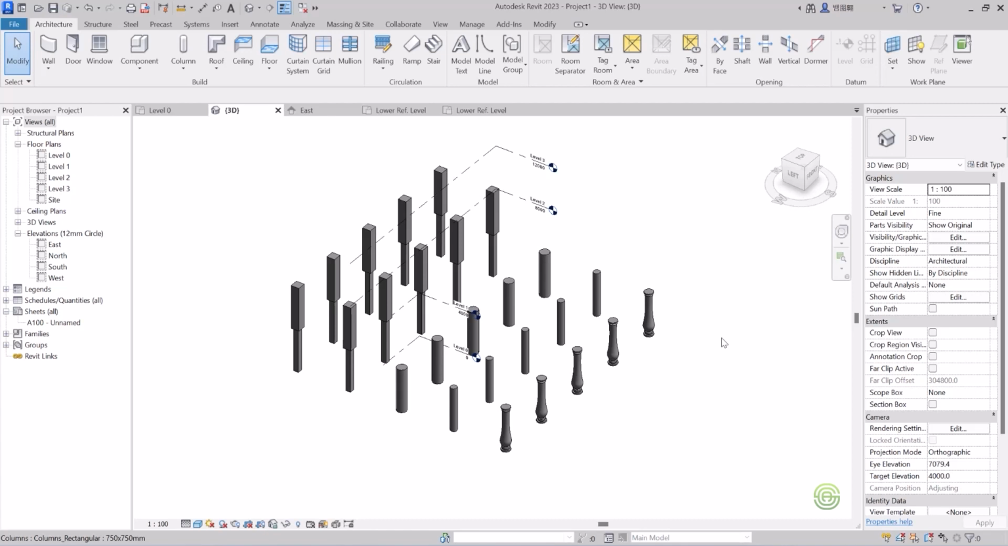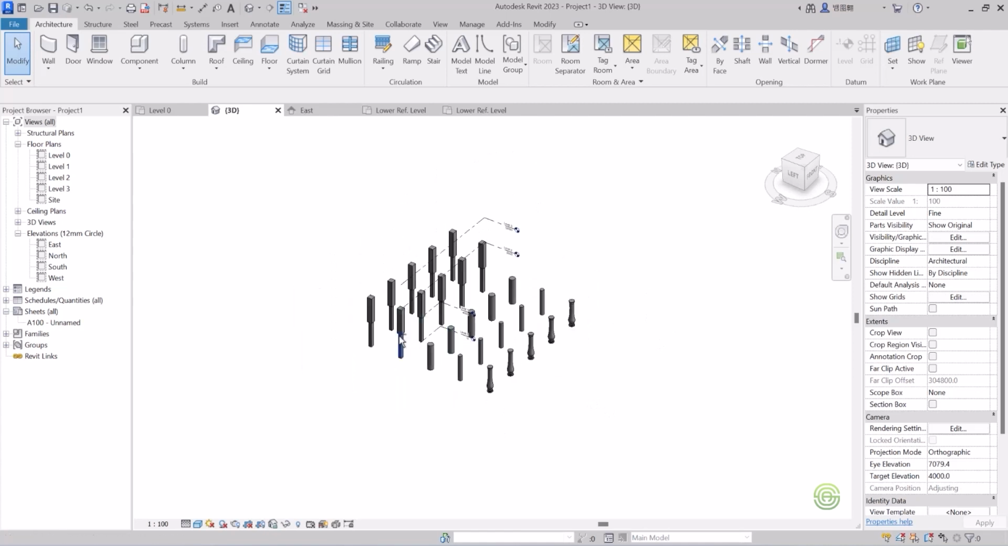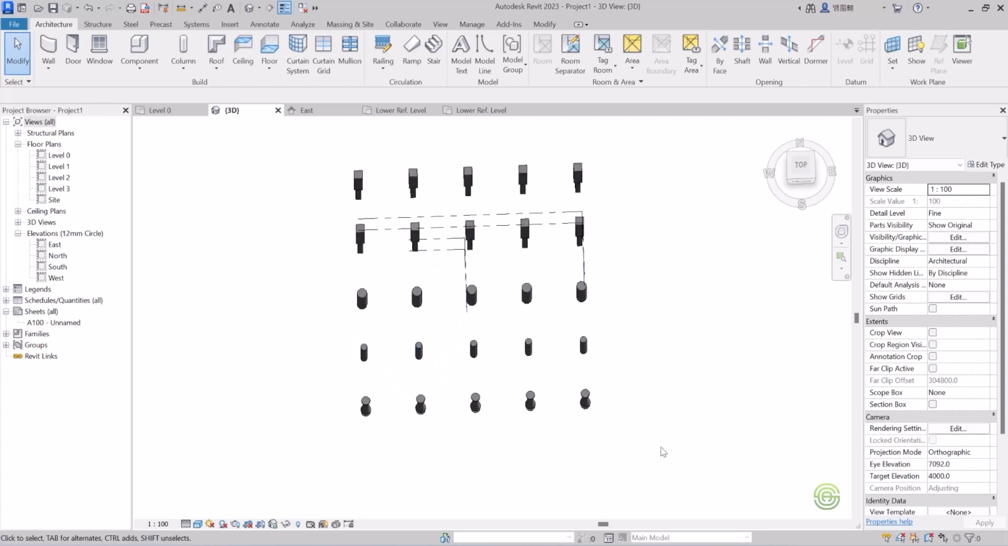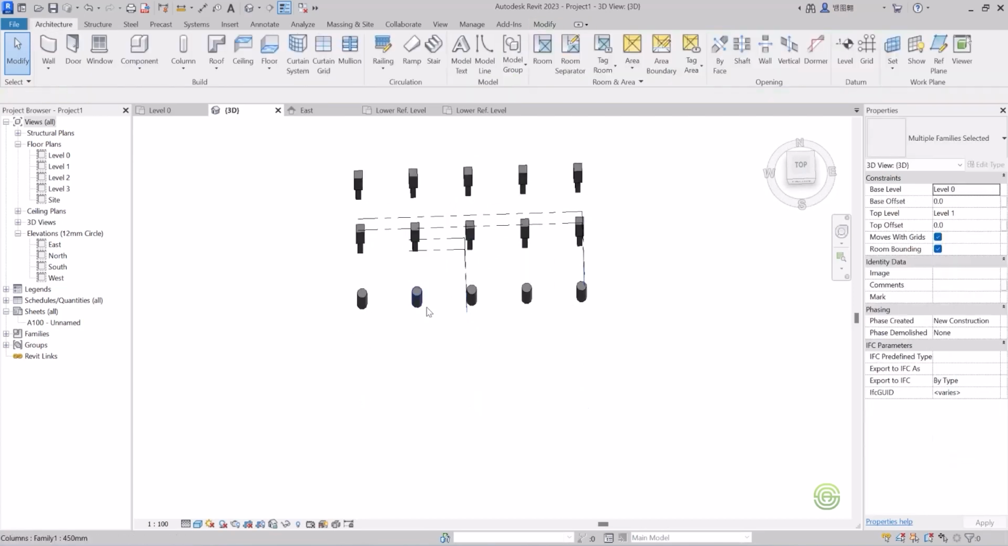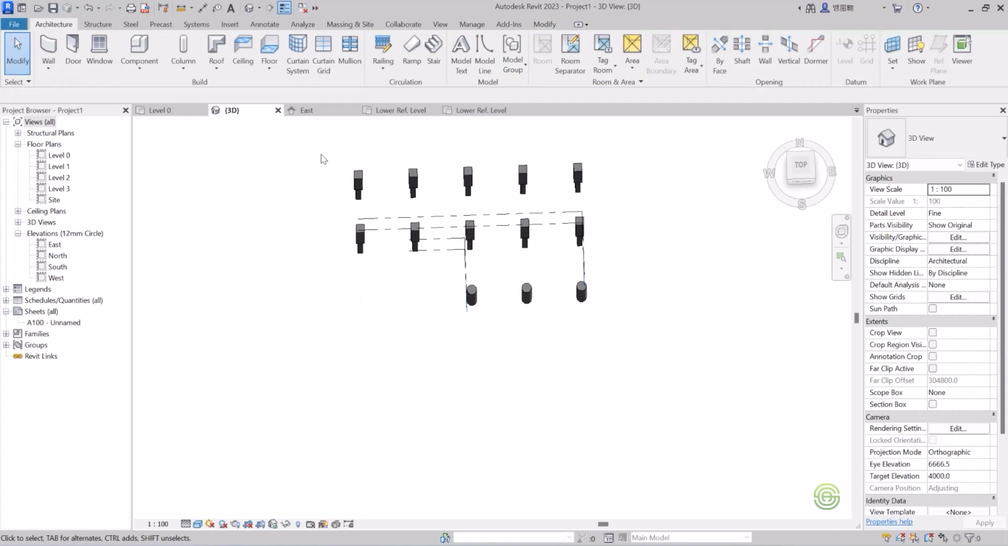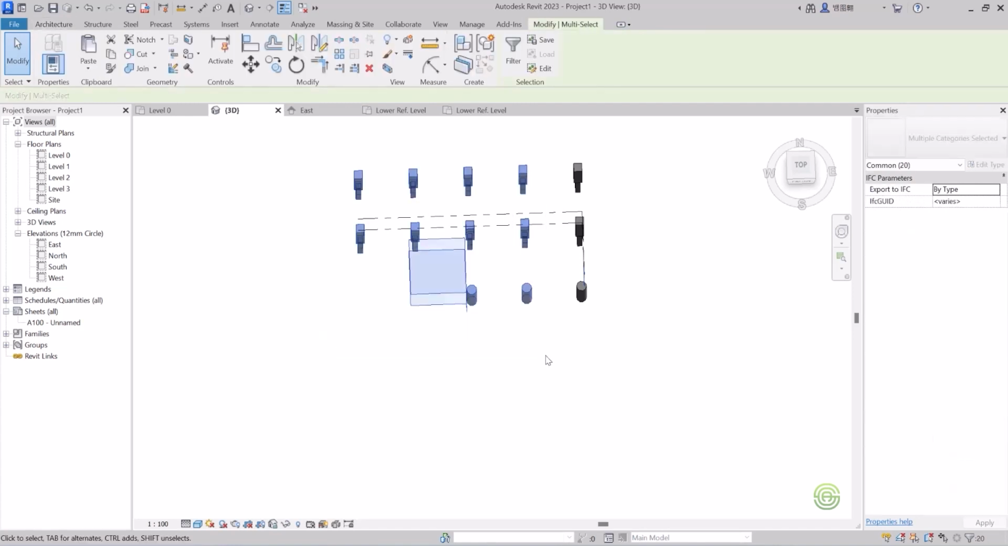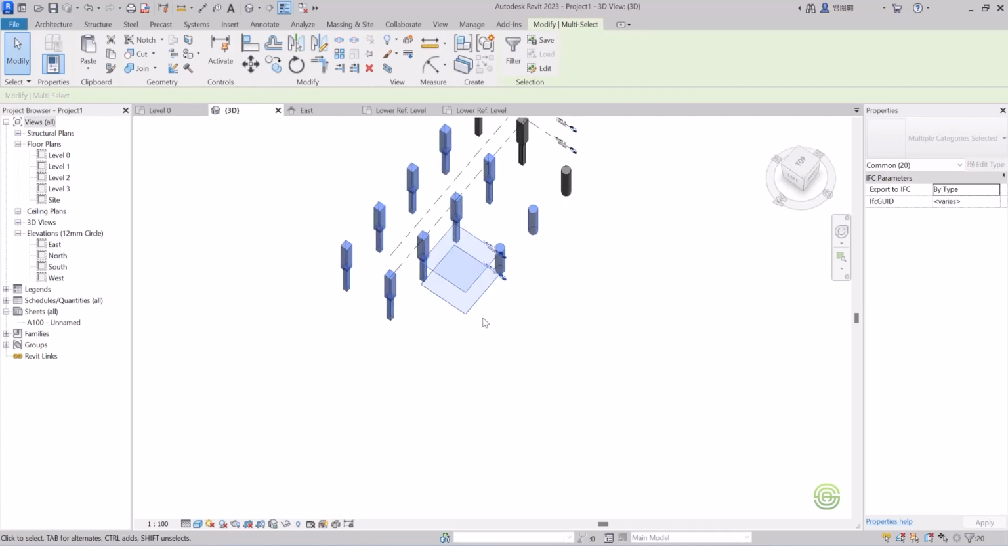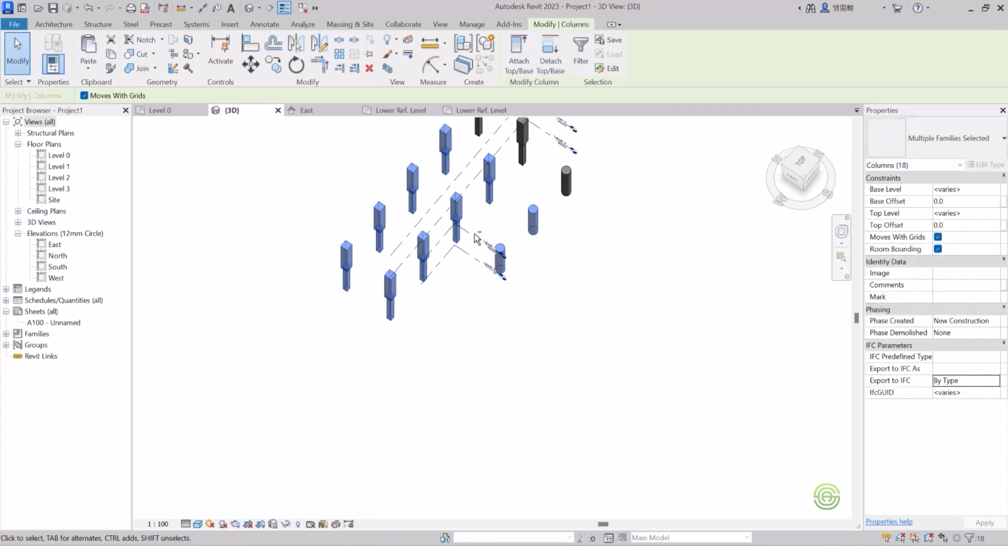Okay, guys, now let's continue with the class. So now we'll see how to create flooring and then we'll see how to create ceiling. So first, let's delete this thing. Just first delete all these things. Select this and delete this. Delete this